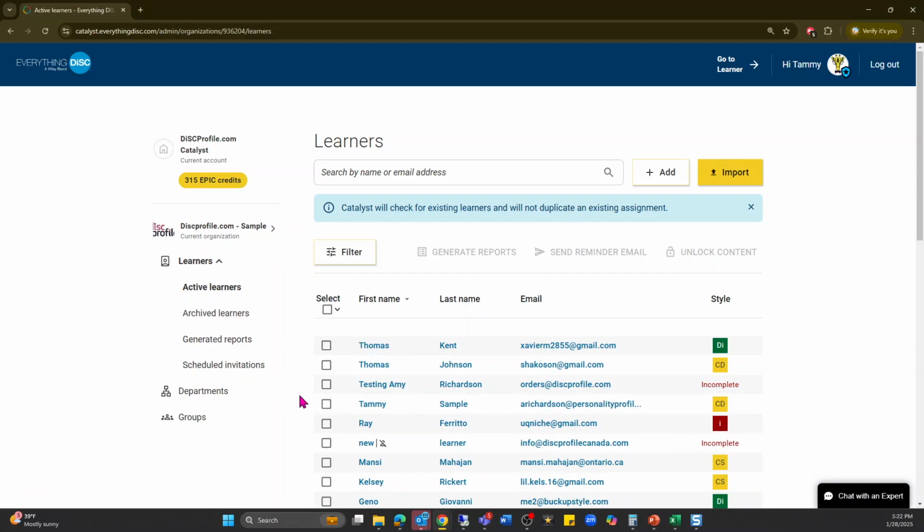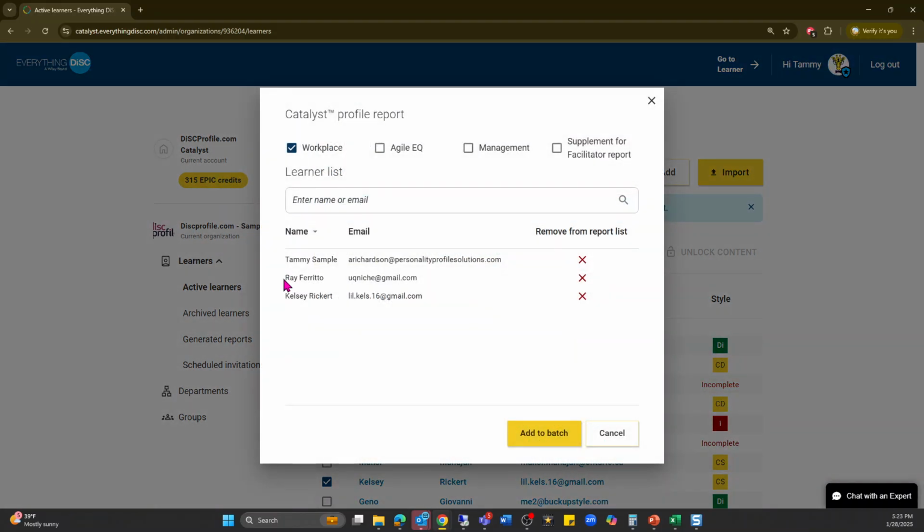There could be a scenario where you need to download those PDFs. You want to give them to the participants at a training or something like that. You are able to come in and grab the reports of those that have completed. So we would go ahead and just click on those that are marked as completed, and then we would click generate reports. It's going to ask you to just verify these are the people that you would like. You're also going to be able to go ahead and if they have access to these other applications as well, you can grab those. And the supplement for facilitators, that's that 2 to 3 page extra that you get when